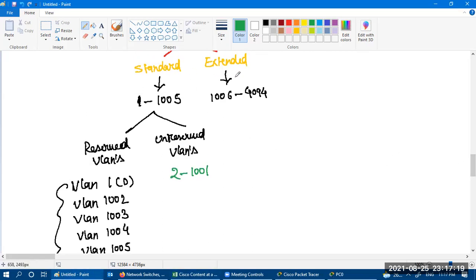Okay. If you talk about the extended VLANs, if you want to use extended VLANs, first you have to fulfill some conditions. Normally our switch supports only the standard ones, but if you want to use the extended ones, you have to fulfill some requirements.